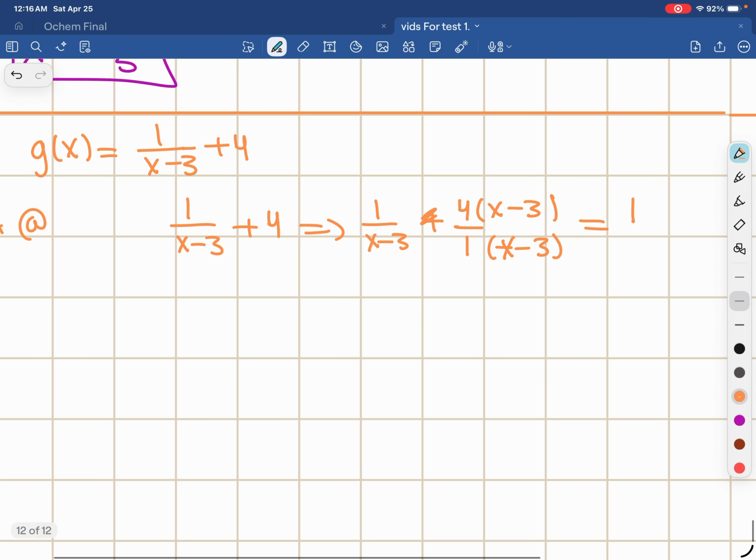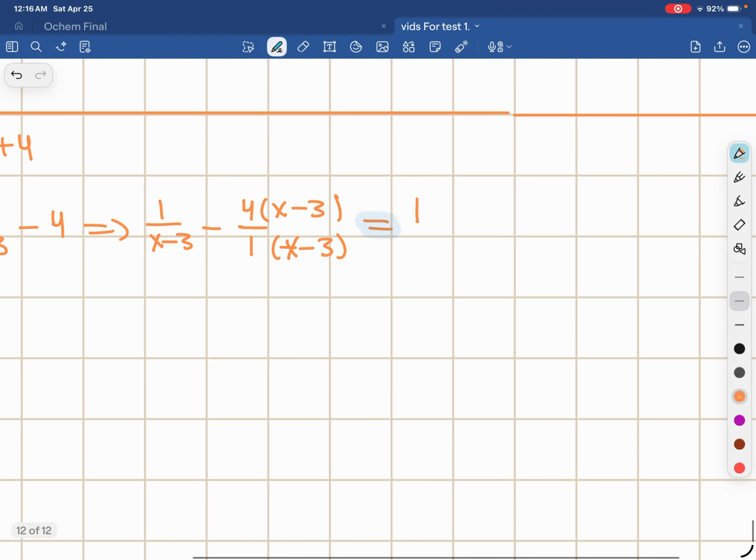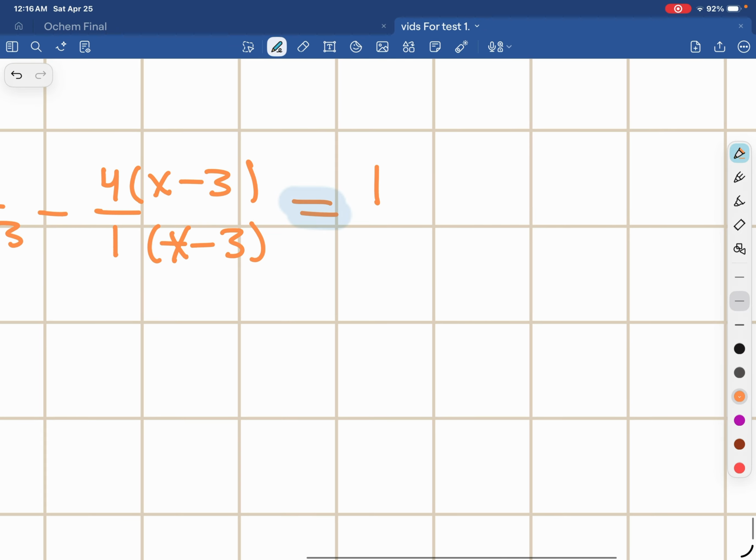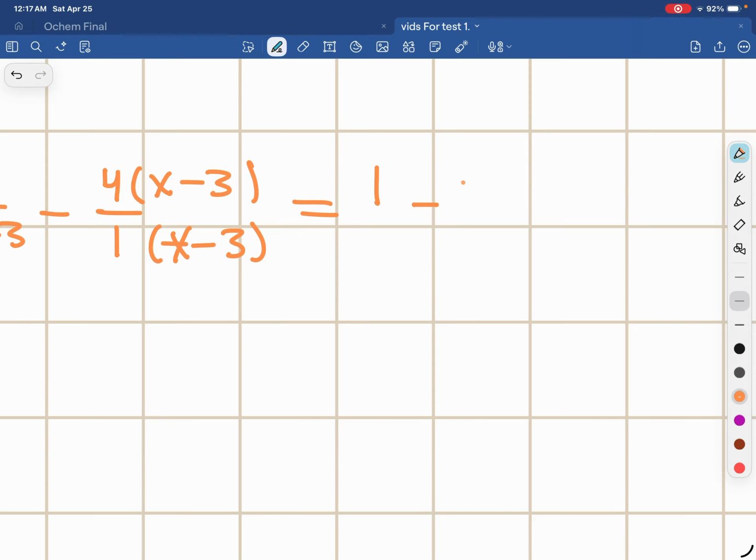This is actually a subtraction, excuse me. And we should get 1 minus 4x minus 12 all over